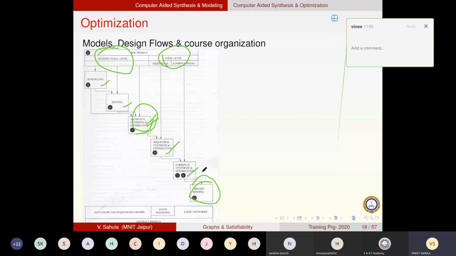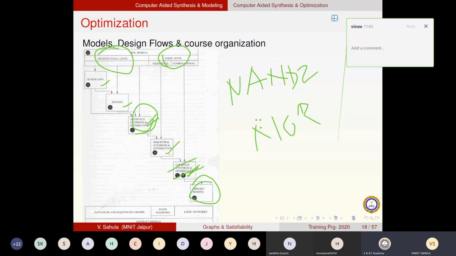If I am having gates and gates and gates here at this step, these gates I have to replace by layouts, and I must have those layouts stored somewhere, or I have to design them. But I cannot design all the layouts every time. I have to reuse the layouts. So I would have a store. That store is called a library. In my library, I will have pre-built layouts for all small gates. Like for a 2 input AND gate, I will have a layout. For a 2 input NOR gate, I may have a layout, right? For even larger circuits, I may have a layout. For one flip-flop, I may have a layout.